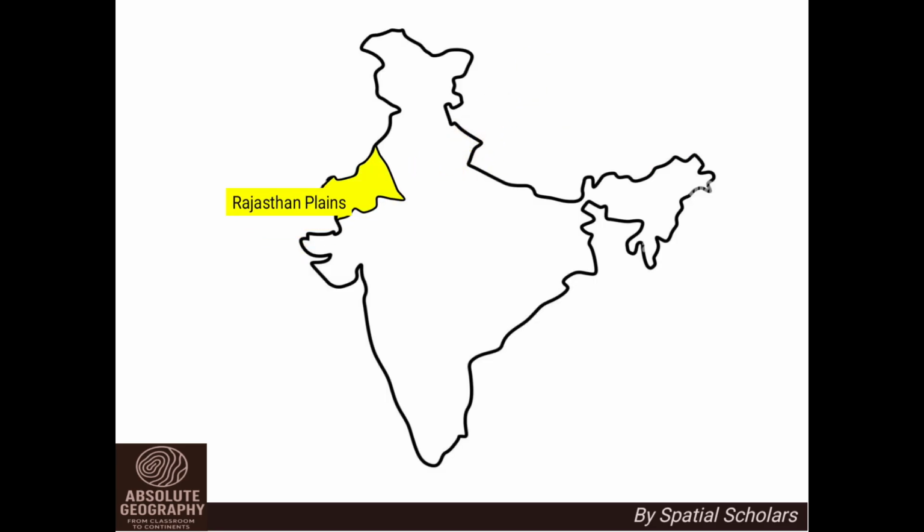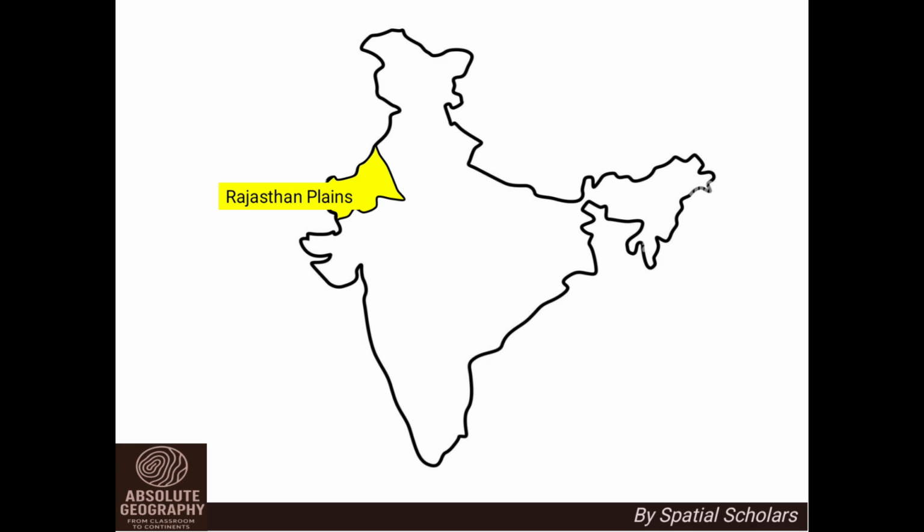Starting from the Rajasthan Plains, also known as the Great Indian Desert. This area is mainly arid, lying between Aravallis and India-Pakistan border. It is a vast undulating plain and has a slope towards west where it gradually merges with the Sindh plain in Pakistan. It receives very little rainfall and has sparse vegetation.